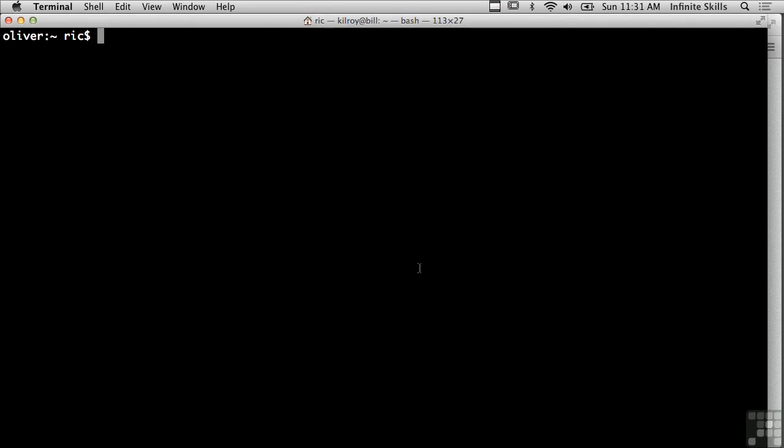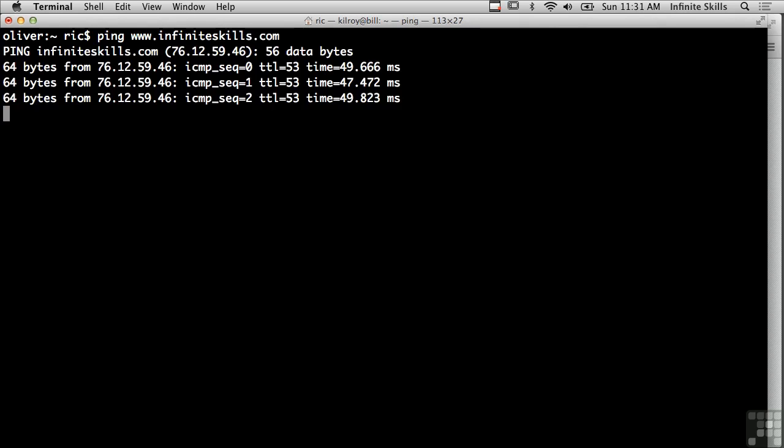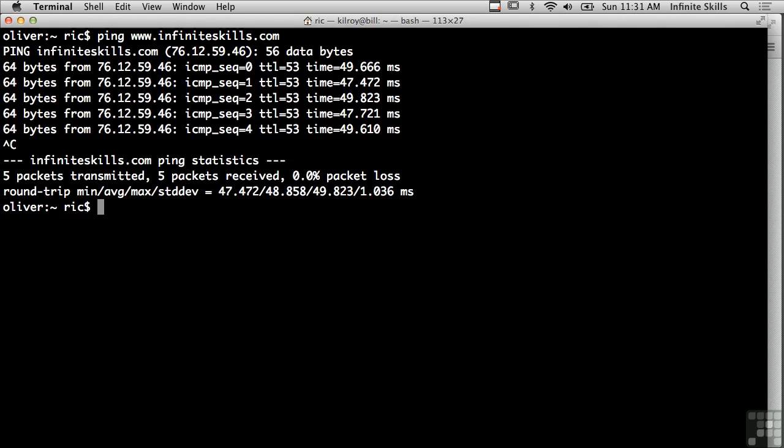So I can do some simple troubleshooting, for example. And again, this is using TCP/IP. So I can do this program called ping, which tells me that the website infiniteskills.com is actually up. In this case, I'm using a protocol called ICMP, and ICMP then gets encapsulated inside of IP. And again, we'll talk about encapsulation in another lesson, but here's another example of using TCP/IP or the protocols in the TCP/IP suite. I could use SSH, which allows me to connect to a remote system, and that again is